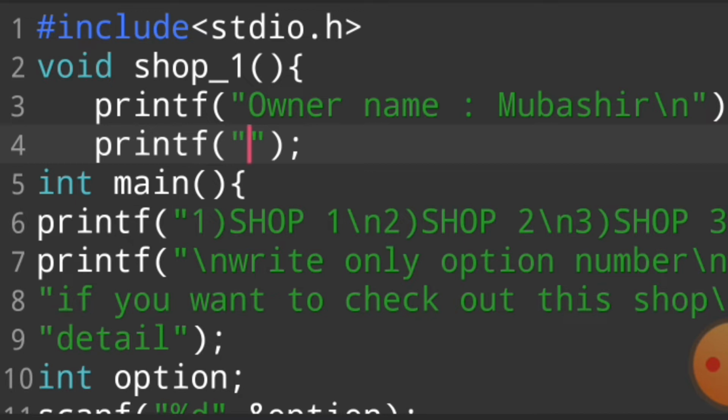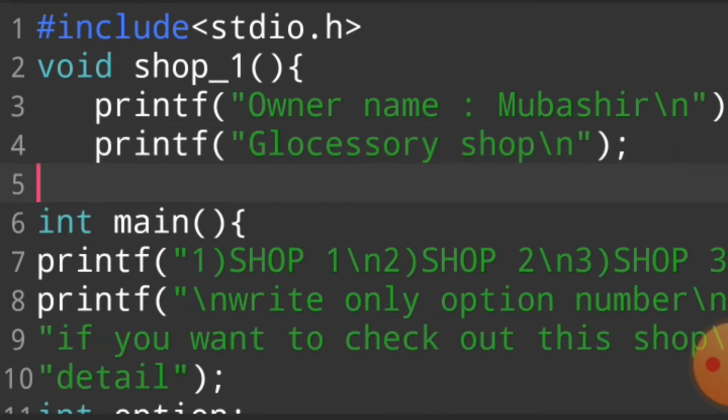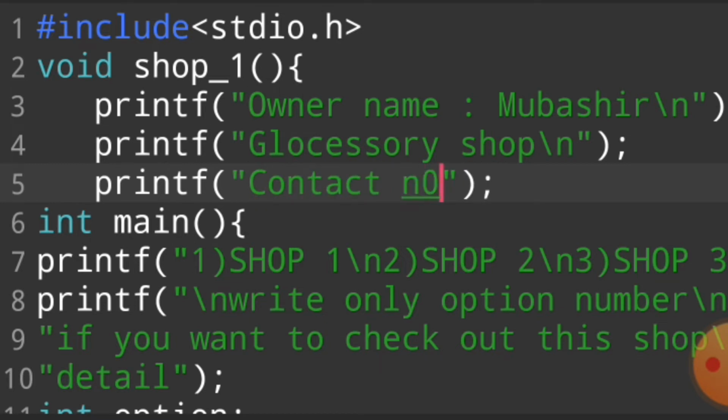Then another printf: owner name Mubashir, grocery shop. Then we write contact number, for example 0345.